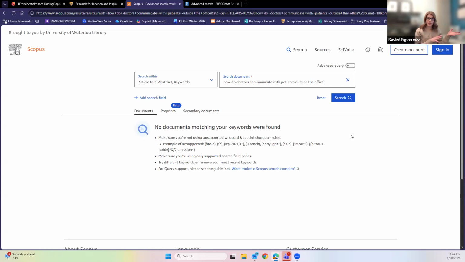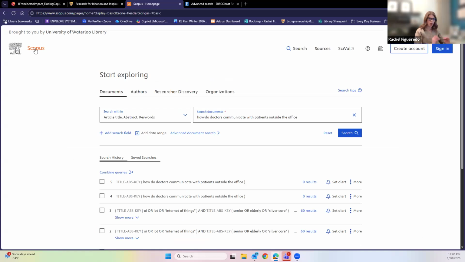This is one failing of using Scopus, and honestly, this is probably the biggest learning curve for most of our students: when you're coming to search in one of these academic research tools, these library research tools, you have to spend more time thinking about how to mix and match your keywords and how to create a search that's not a full sentence, but just some keywords that we are piecing together.